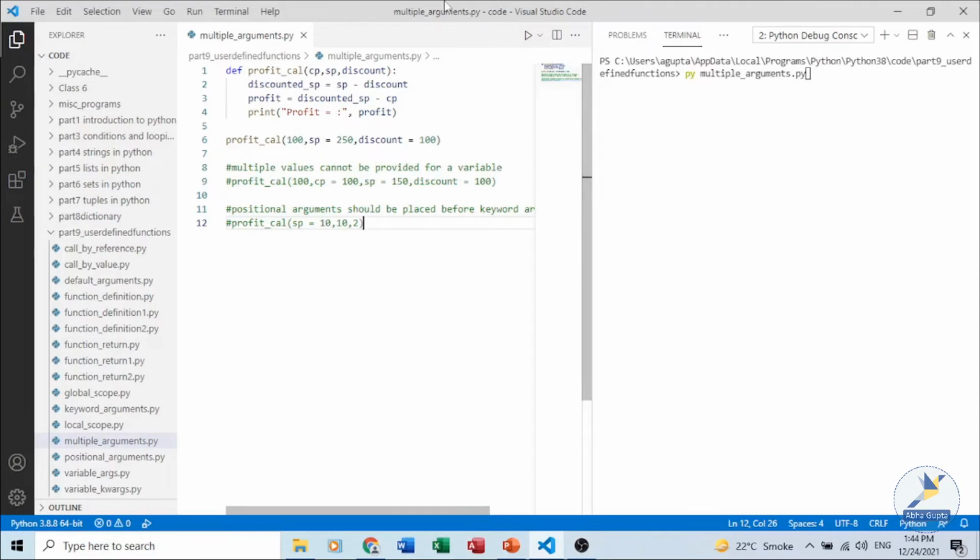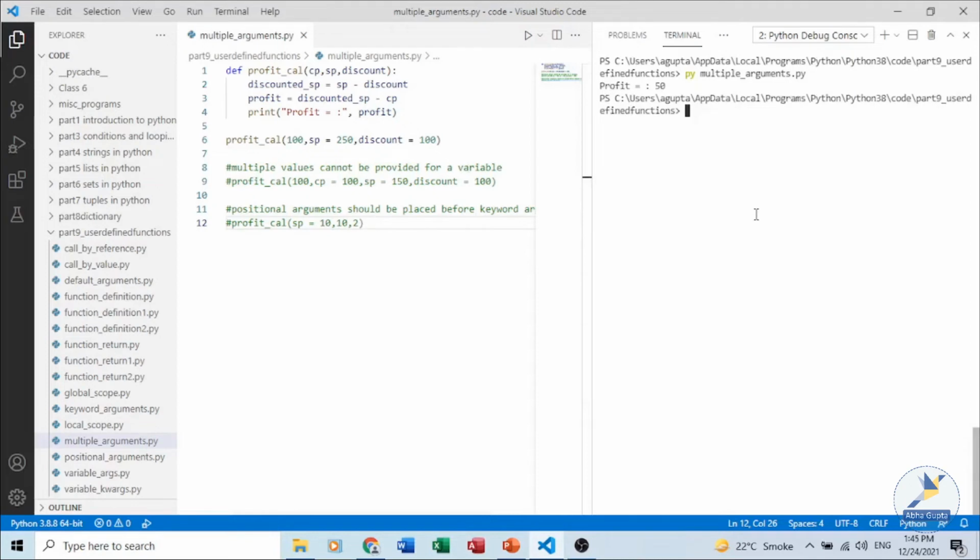In Python, we can use multiple argument types together following some rules. For example, in this program, the same program where we are trying to calculate the profit, we have a discount also. The first call, we are using the required argument, the mandatory argument, the keyword argument and the default argument. So if we execute this program, the answer can be seen. Simple, profit is calculated and printed in this line.